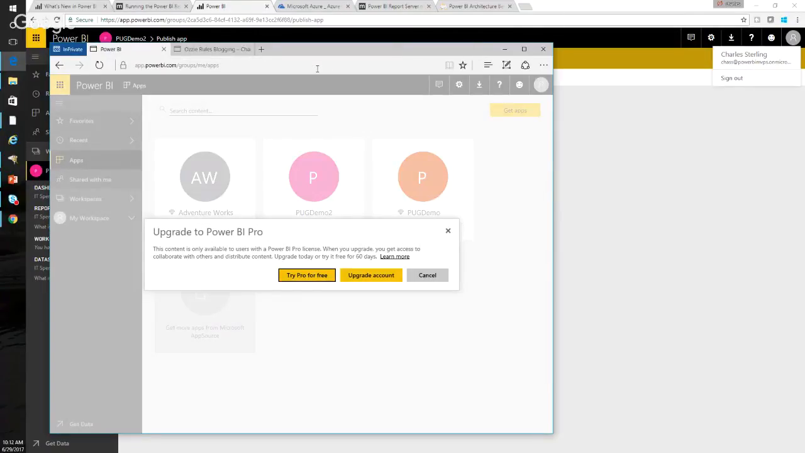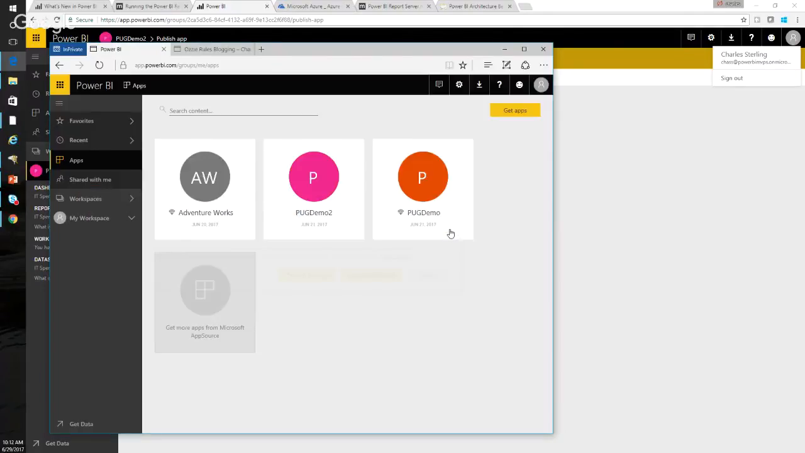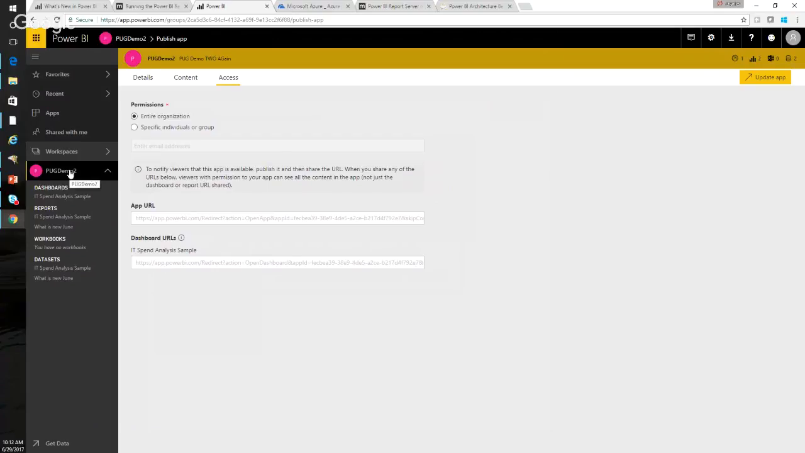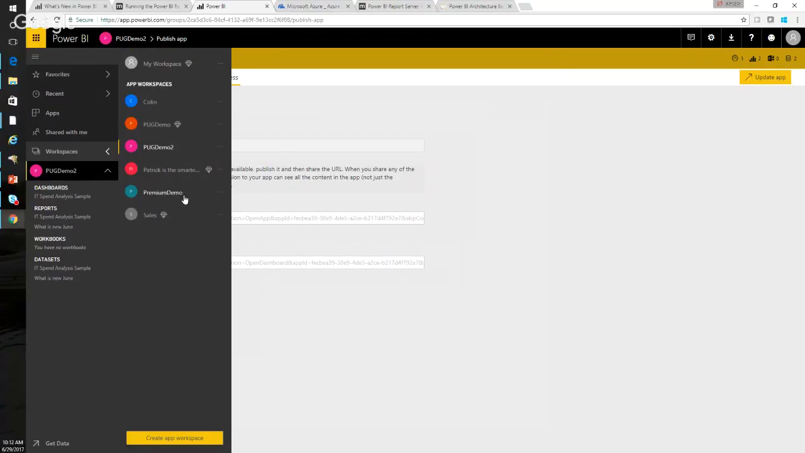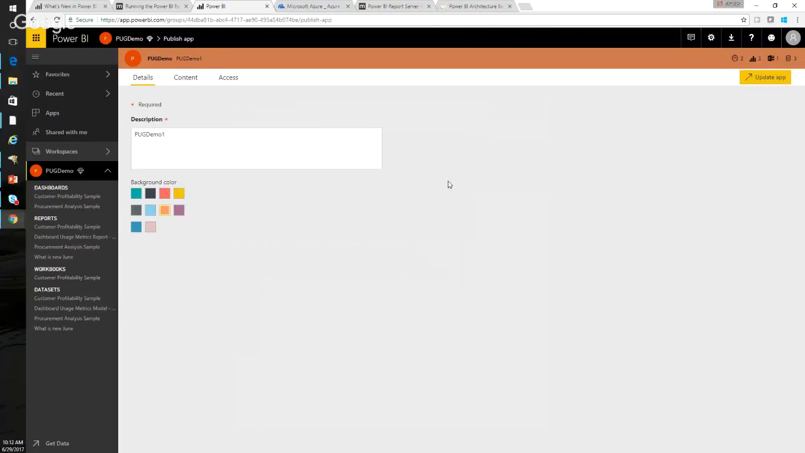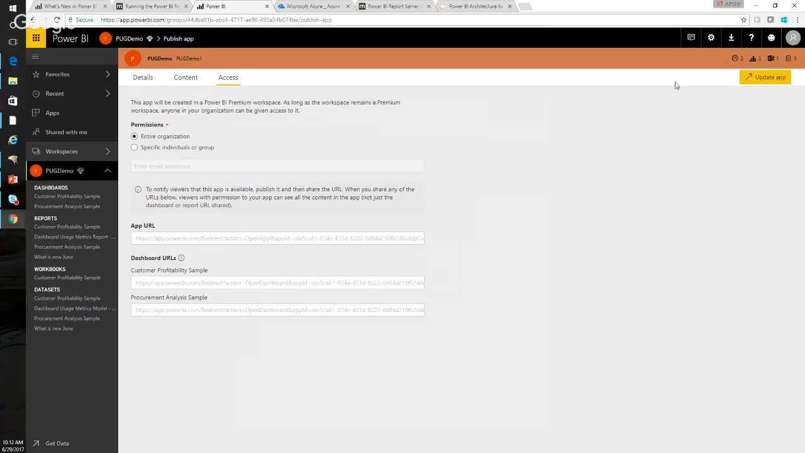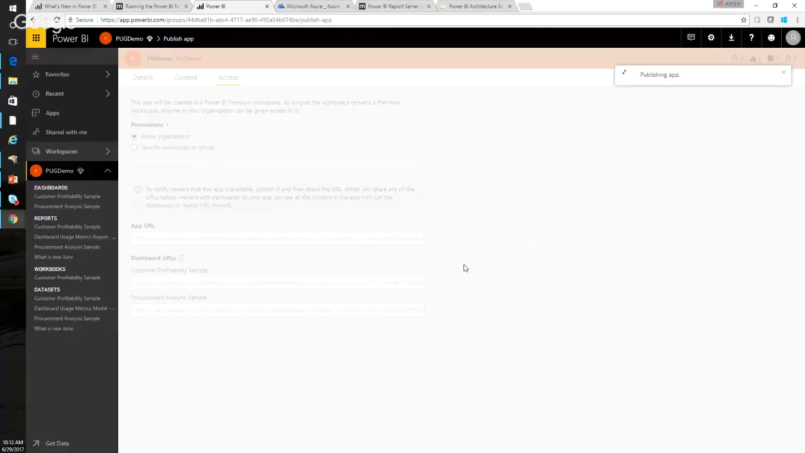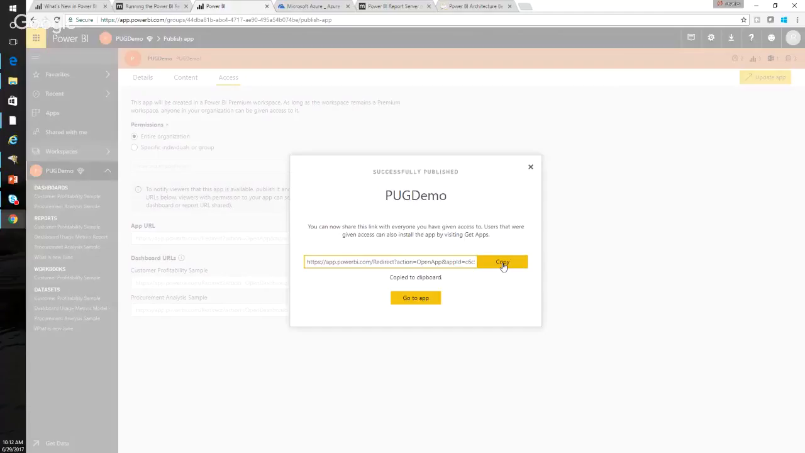When I go ahead and try to access that application, it says, hey, you don't have a license. Would you want to go ahead and try a trial, or would you like to upgrade your account? But regardless, without having a license, he's not going to be able to see that content. Now, if I go ahead and dismiss this and go back into a workspace like my Pug demo that does exist inside of it, I choose Update App, choose Access, Update App again, Update, and choose Copy,